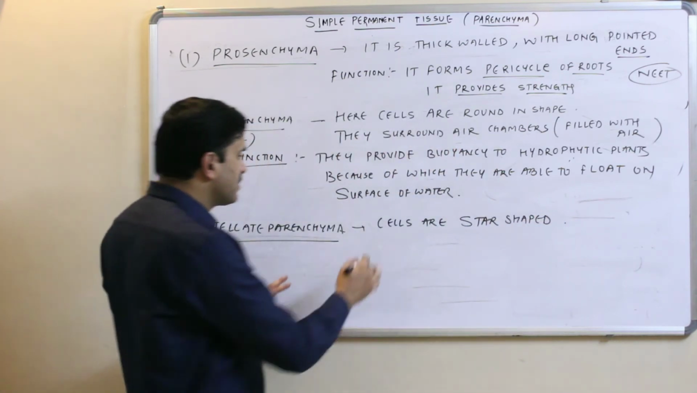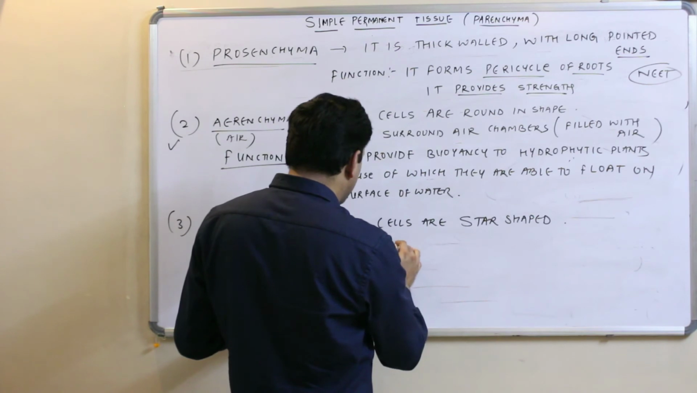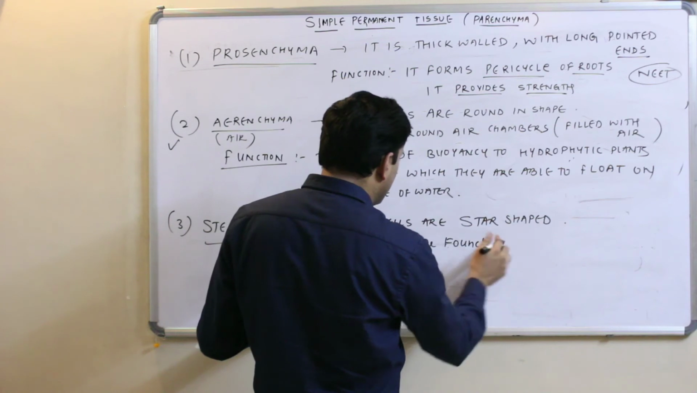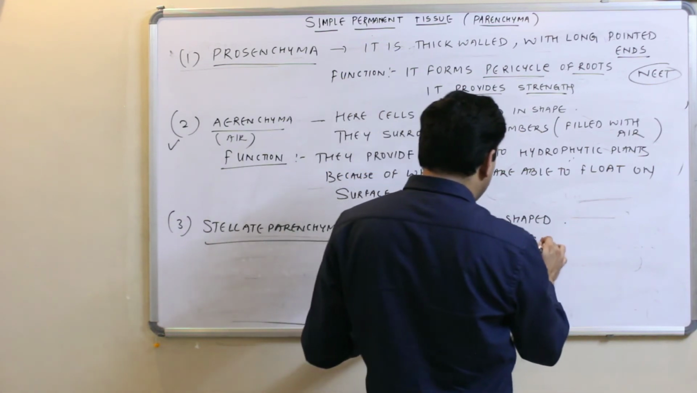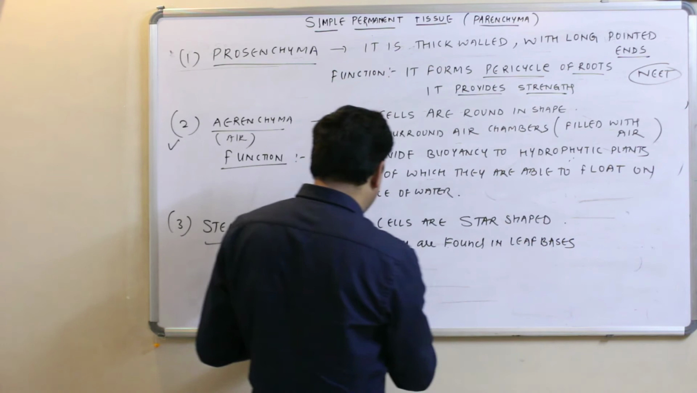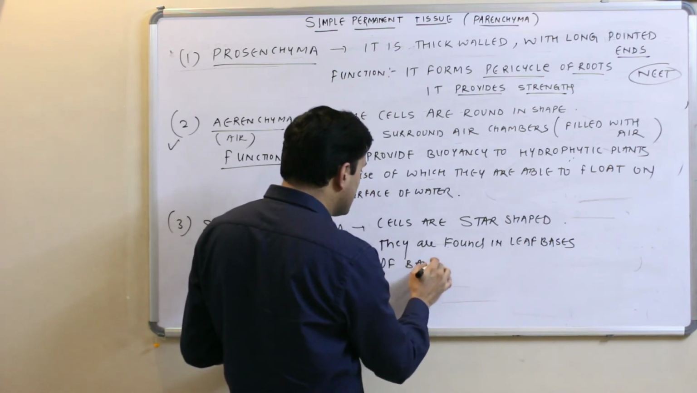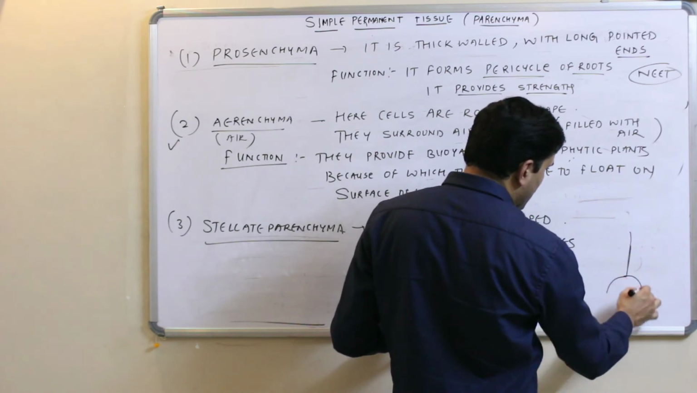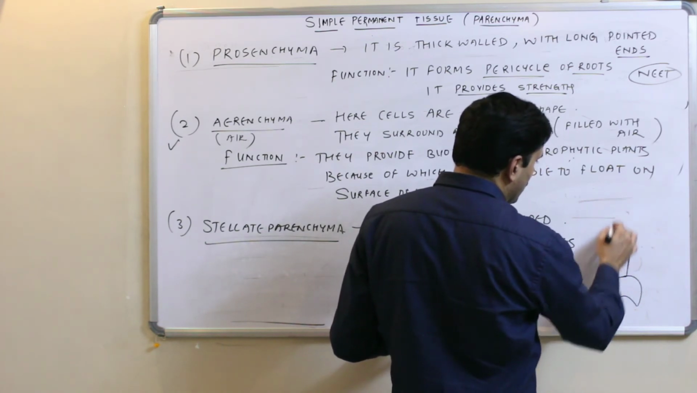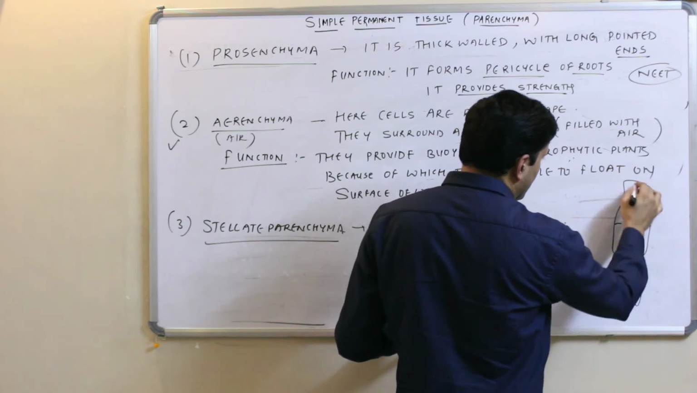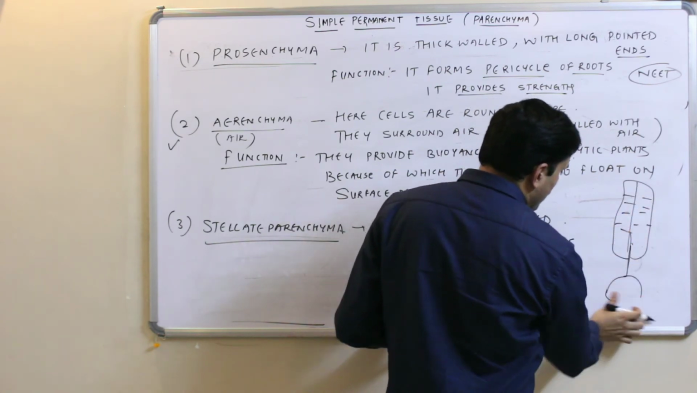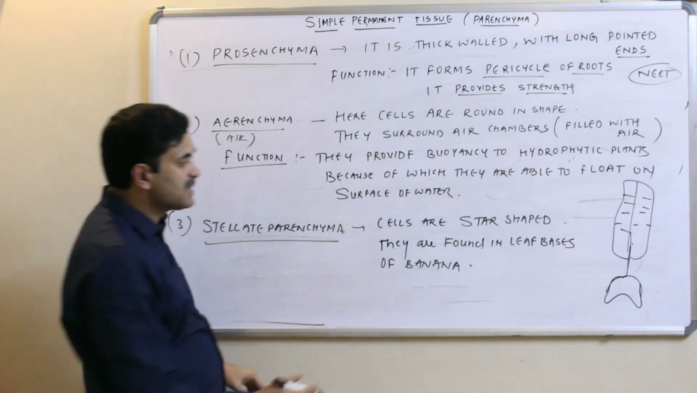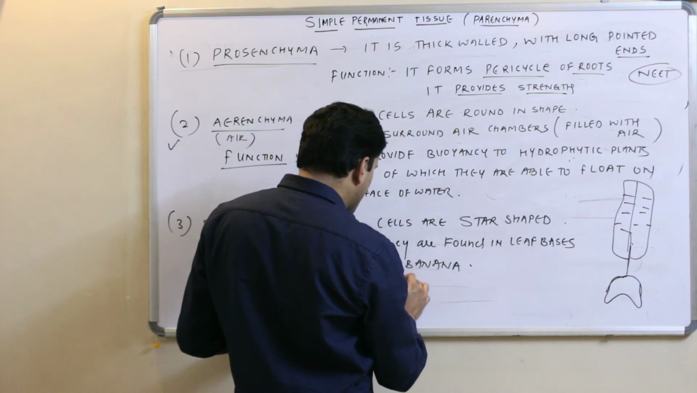Right? They are star shaped. They are found in leaf bases of banana. If you have seen the leaf bases of the banana leaf, then they are like this type. This is the leaf base of the banana leaf. So they are found in the leaf bases of the banana leaf, and they give